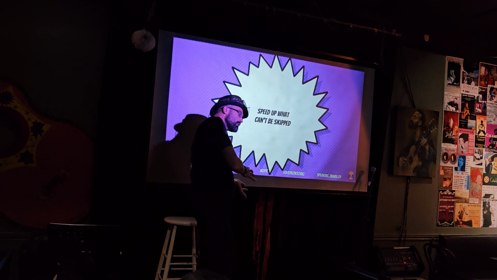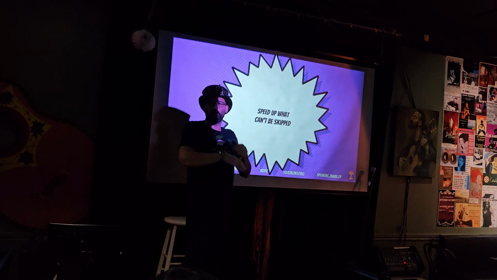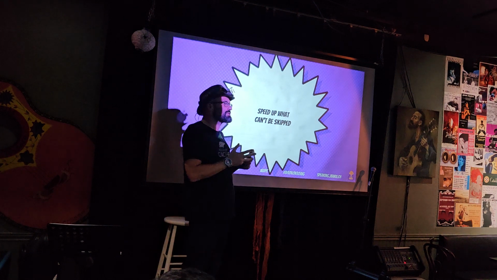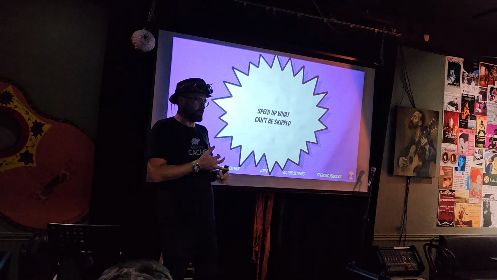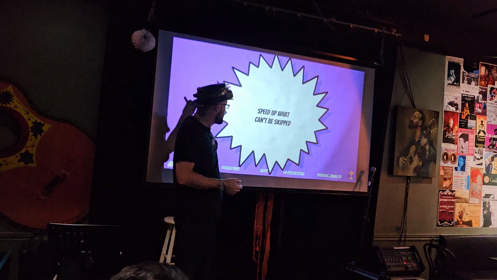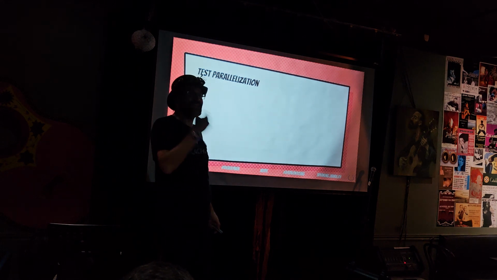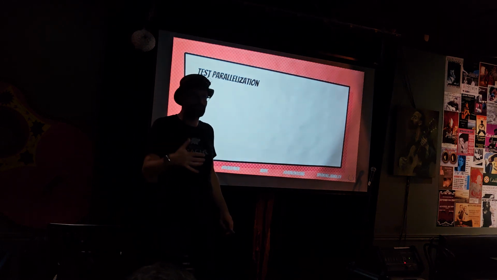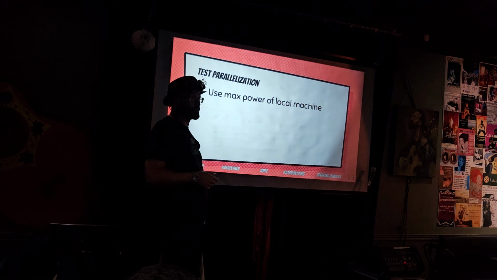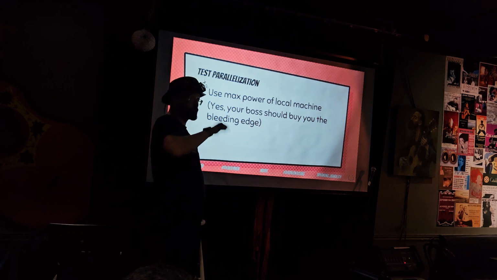Now, the other way of speeding up things. So we avoided everything we could. We cached everything we could. We test only what should break. But what about what can be cached or avoided? We need to speed stuff up. There are a couple, again, of trivial ideas to implement today. For example, test parallelization. Use the max power of your local machine,